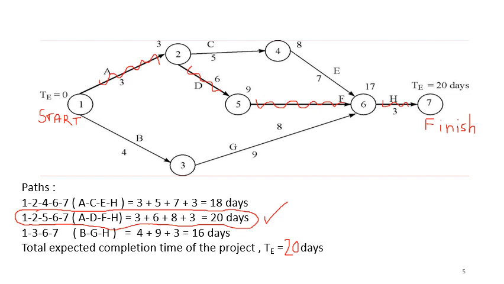So these are now the critical activities, or in other terms, critical activities are those activities where you cannot delay the activities beyond their expected times. So all these activities cannot be delayed by even 1 second. Because if any of these critical activities are delayed, that will affect your project completion time of 20 days. So you don't want to do that.